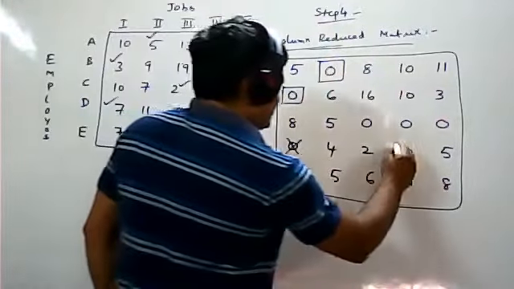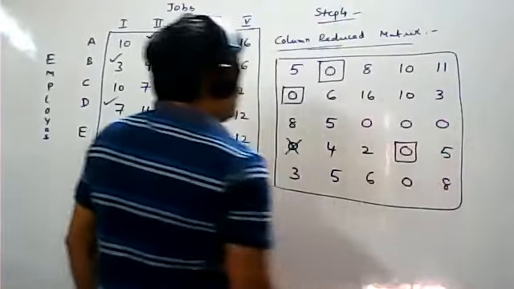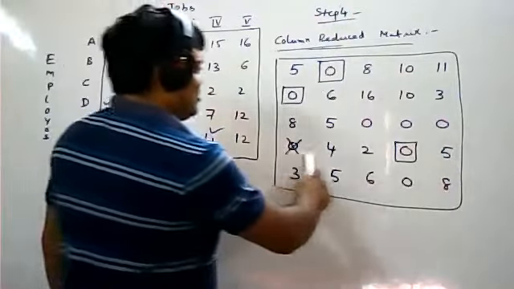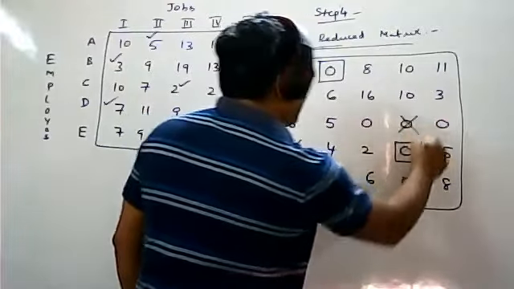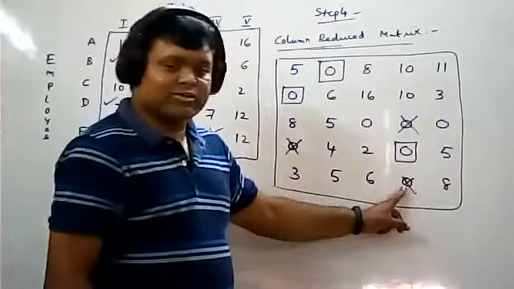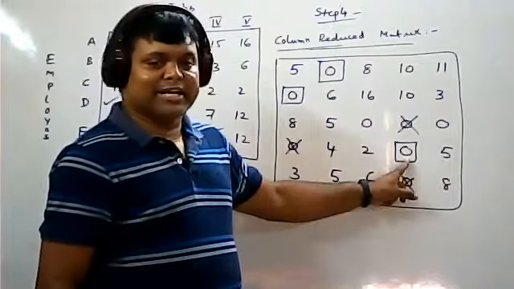The fourth row has a single 0, so directly I will consider this one. After making the assignment, any other zeros in the row side or column side should be crossed off. Column side should be crossed off. If you take the other one, you will also get the answer; if you take this one, the other will be cancelled.